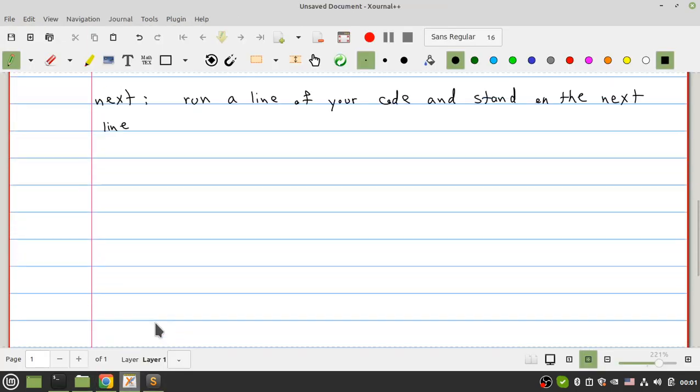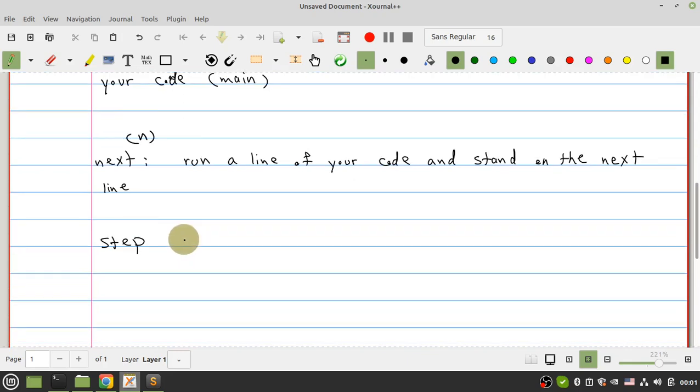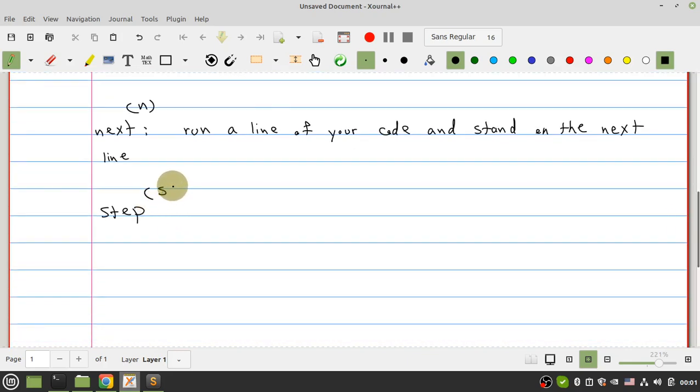So let's define step. Let's write the abbreviated form here. For example, the abbreviated form of next is n, and the abbreviated form of step is s. You can just write s. But what's the difference between step and next? First, it's like next. But